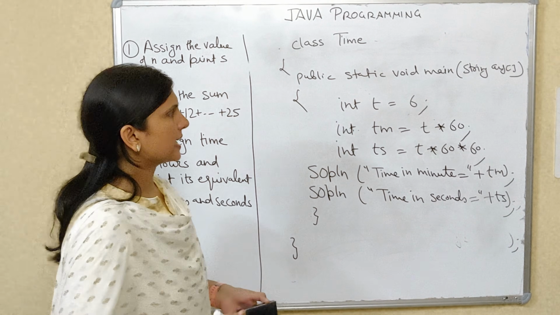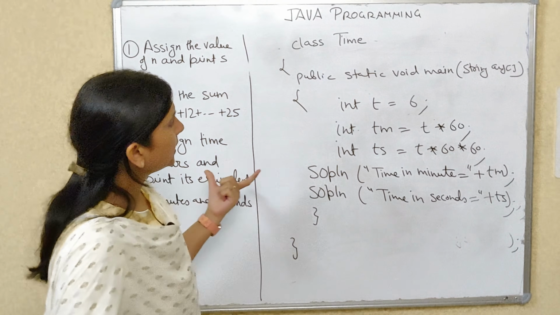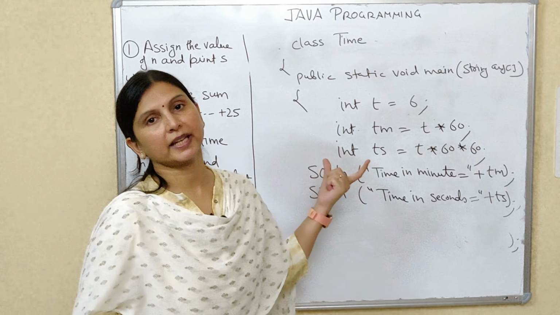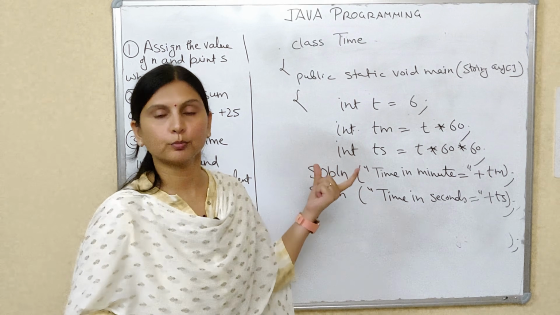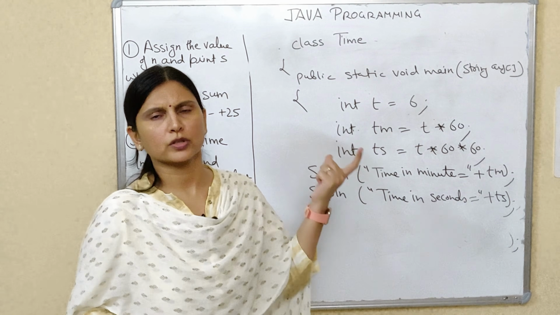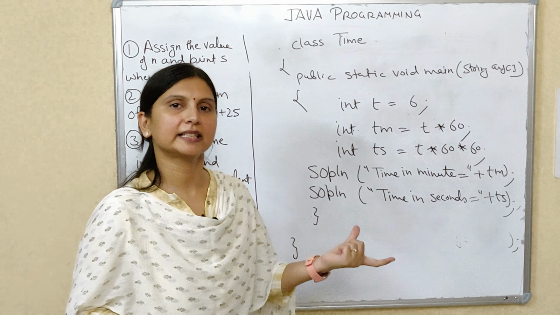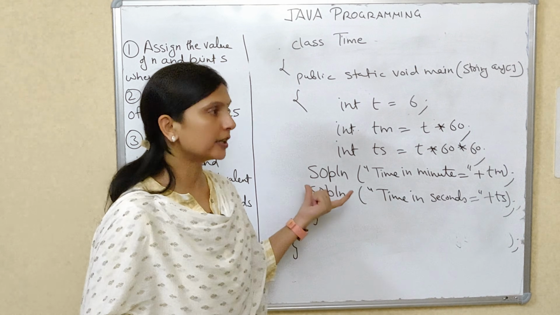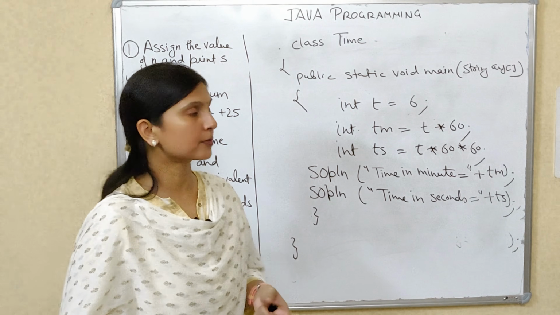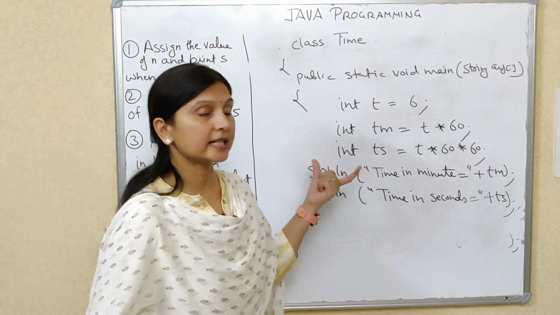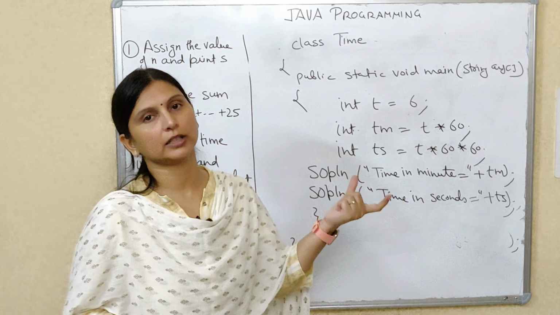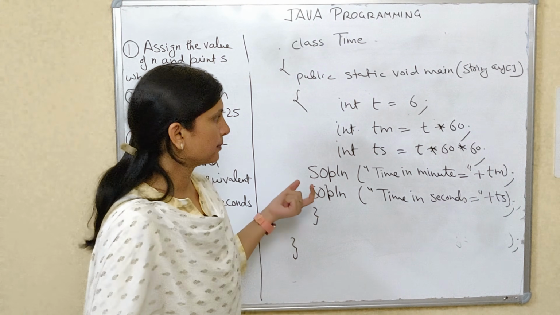I hope it is clear. So if it is asked like input distance in meters and display in kilometers, or input length in inches and display length in feet, you simply need to convert that and display. Using the simple formula you can do that. I hope you can do it. So try out these programs also. Input the distance in meters and display in kilometers. Fine, very simple program.